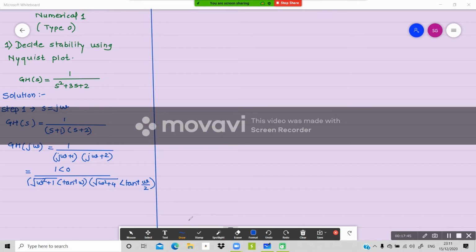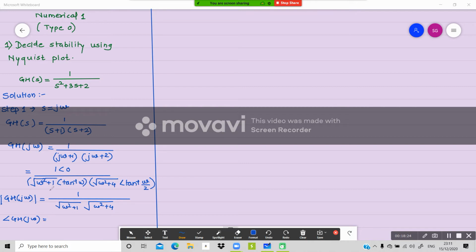Now we'll separate the magnitude and the angle. So I can write the magnitude of GH(jω). It is going to be equal to one upon under root of (ω² + 1)(ω² + 4). So this is the magnitude, and the angle will be the angle of GH(jω),